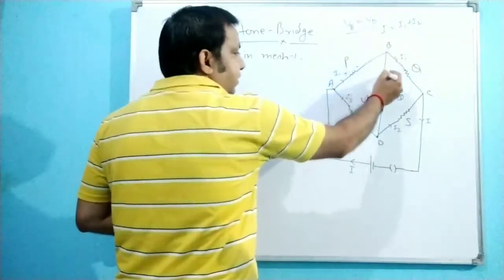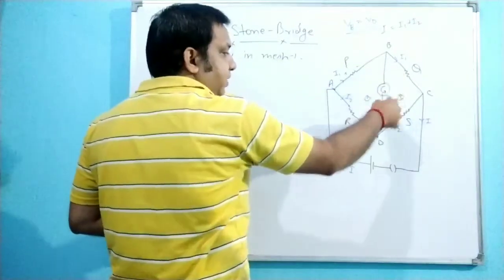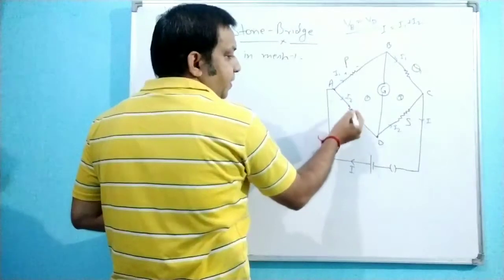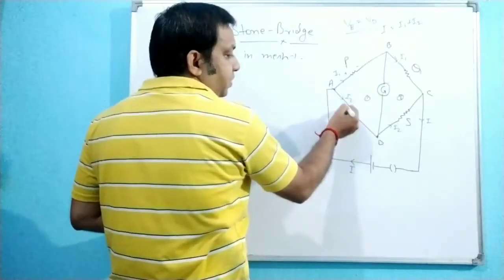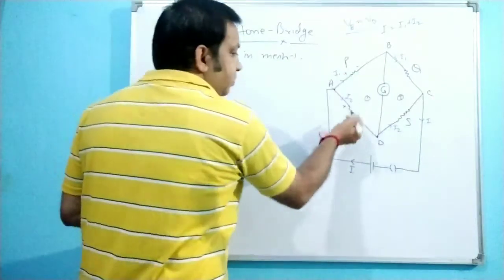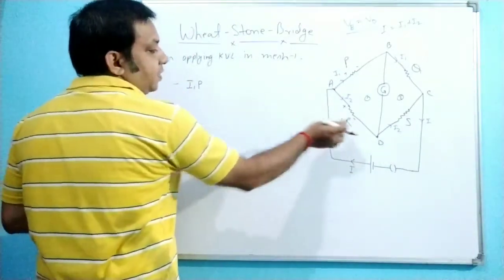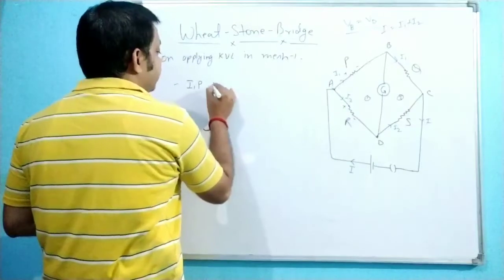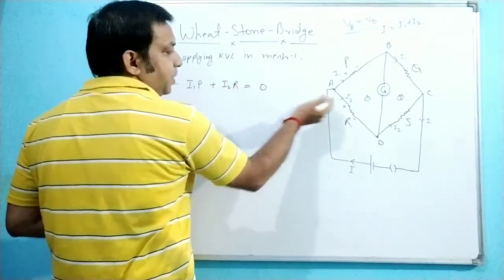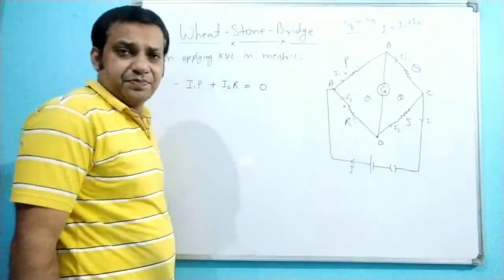Again you will reach here, this galvanometer, there is no current flowing, that is why there is no potential drop. You will reach here, this is I2 flowing from this end to this end, that is this one at higher potential, this one at lower potential. So you are reaching like this one, so that becomes lower potential to higher potential, so plus I2 into R, and that algebraic sum should be equal to, again we will reach the point A.